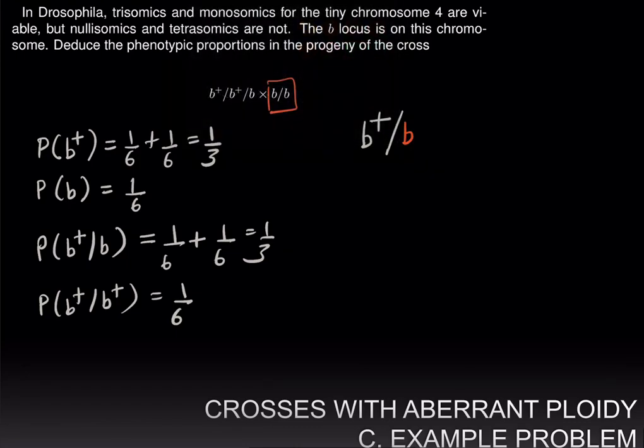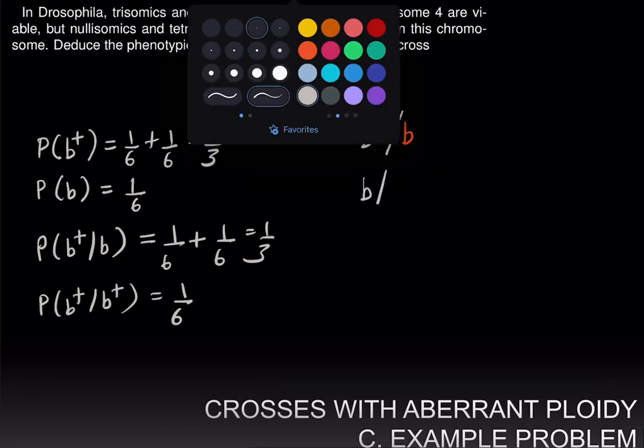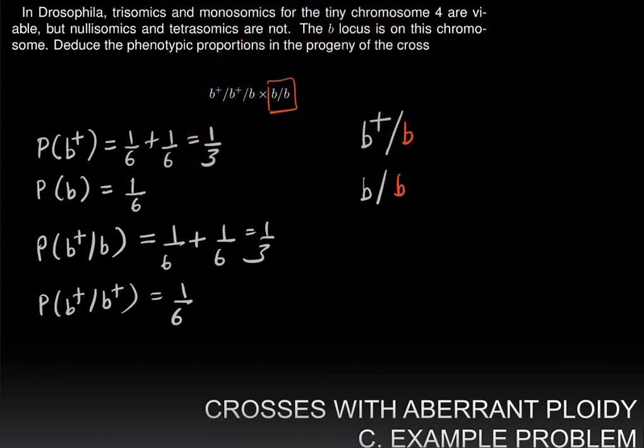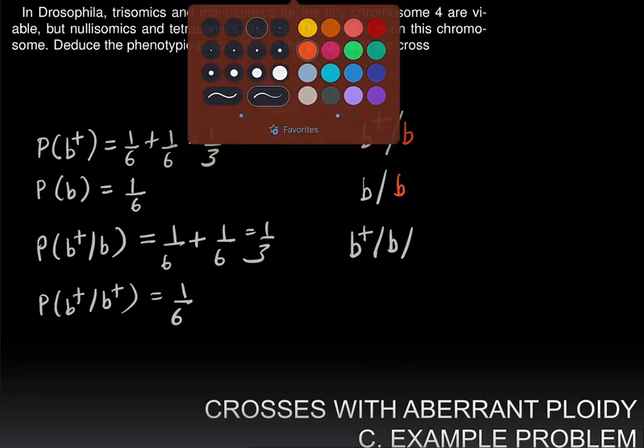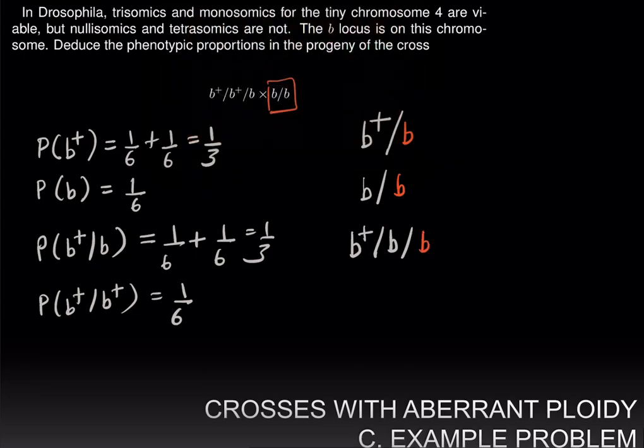We will have little b. These two will be diploid progeny because they are the result of fertilization of 2 haploid gametes. But then we will also get trisomic individuals, B plus B over B, and finally B plus